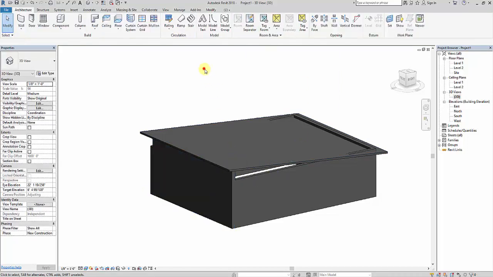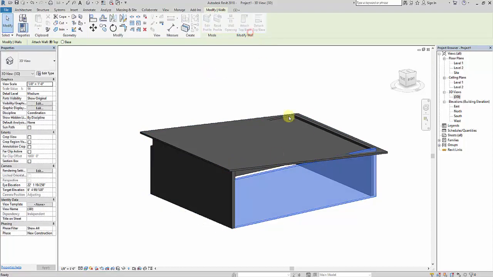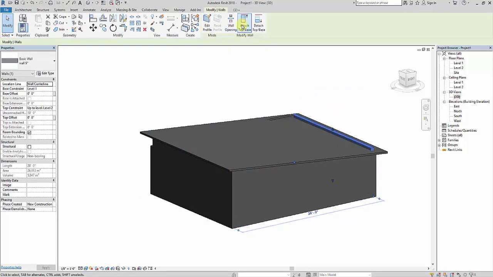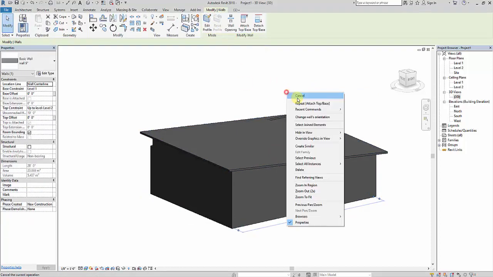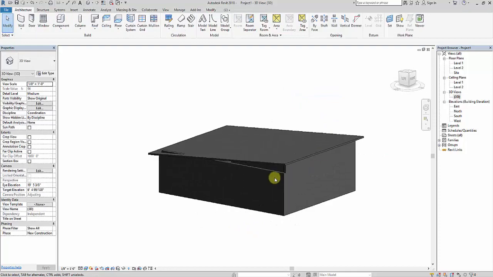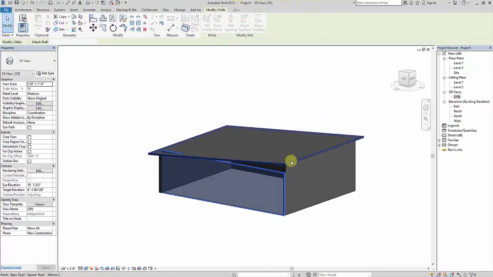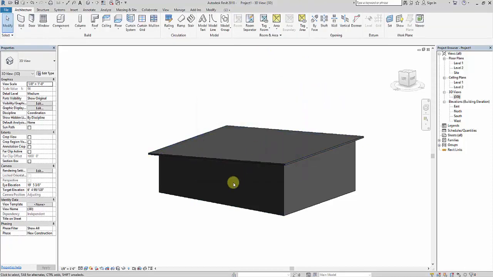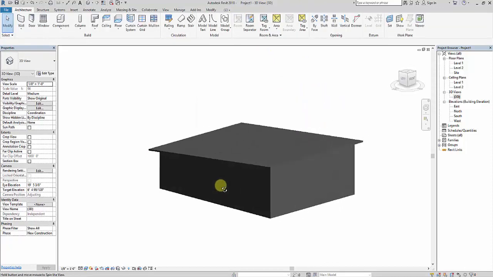However your roof is shaped, the wall will get attached to it properly. Let me do it on all 4 sides. You can see the walls got attached to the roof properly, automatically by itself.